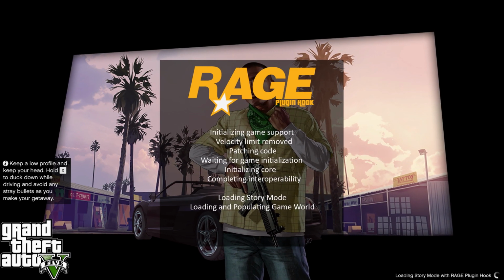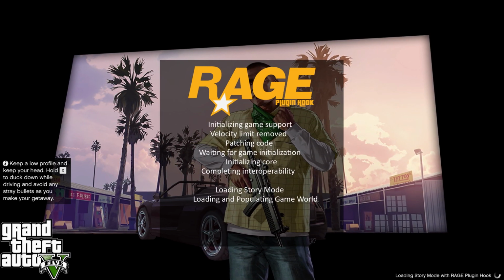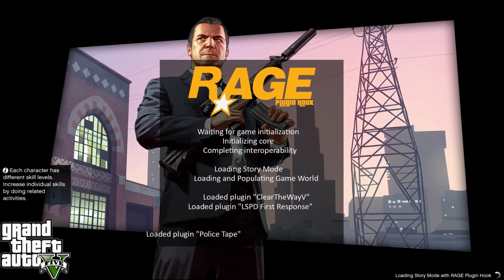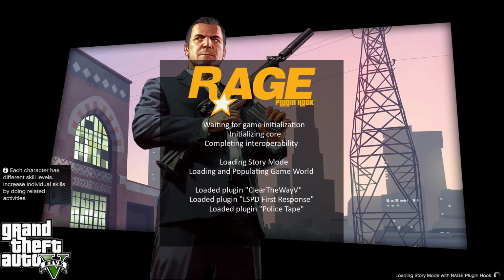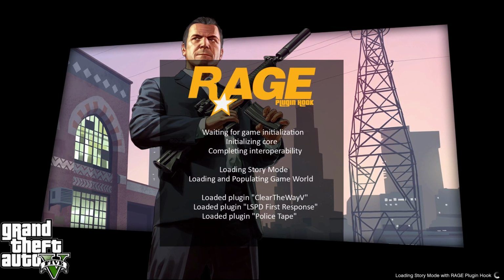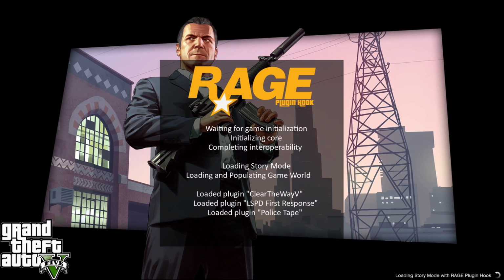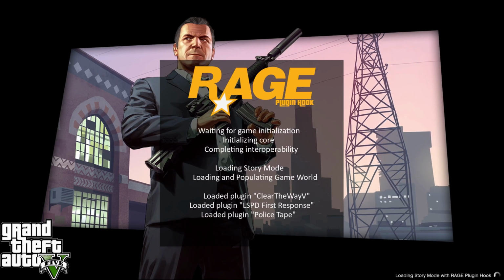Loading populating game world. Now it's gonna load the plugins. Clear the Way, LSPDFR, police tape. So that's what I mean by Rage plugin hook will load them. So additionally, Rage will have to load these plugins for them to work. And alright. So we're gonna get loaded here. And then